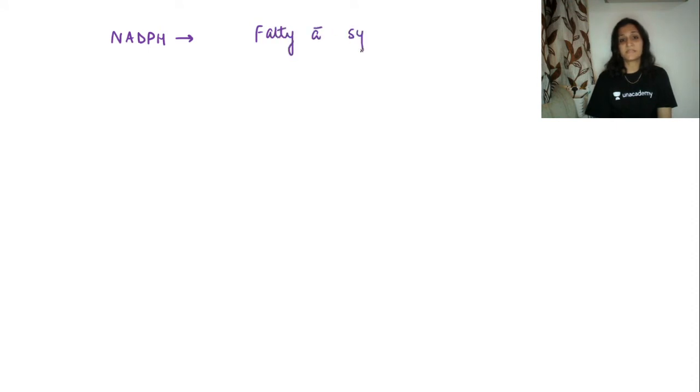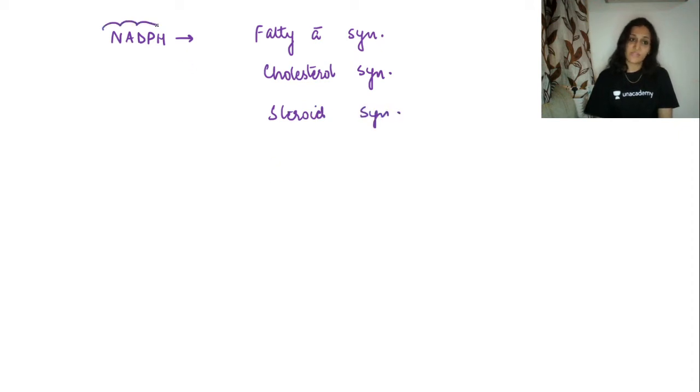Fatty acid synthesis is used for cholesterol synthesis, and for steroid synthesis. So NADPH has lots of functions, and the oxidative step of the HMP shunt mostly occurs in liver and adipose